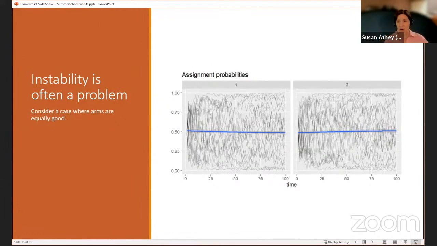And one thing is that they're often actually a little bit unstable, and they also can become convinced, or they can convince you, that they've figured out one arm is definitely the best, even if that arm is not definitely the best. And I won't be able to get into all the details today, but you actually kind of have to stretch your brain in a couple different directions to think about this.